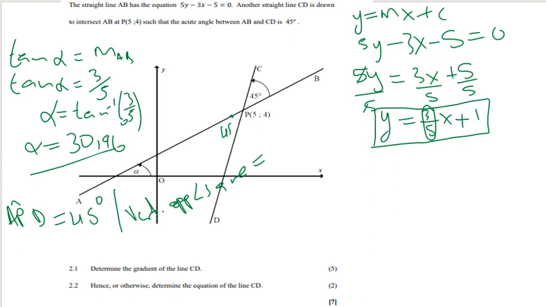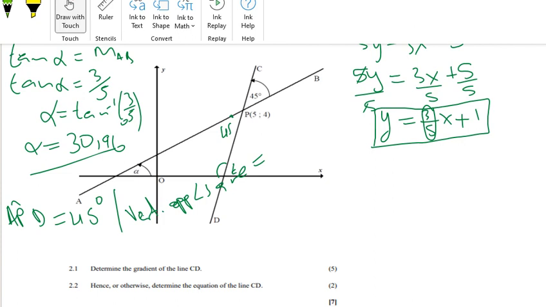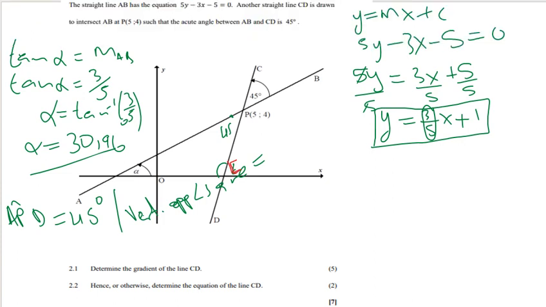APD is equal to 45 degrees because vertical opposite angles are equal. Quickly now, now that we have this angle and this angle, remember, how am I going to name this angle? This angle here, let's put some letter E here. Let me use another color, black. Now let me just take red. So if this is E,